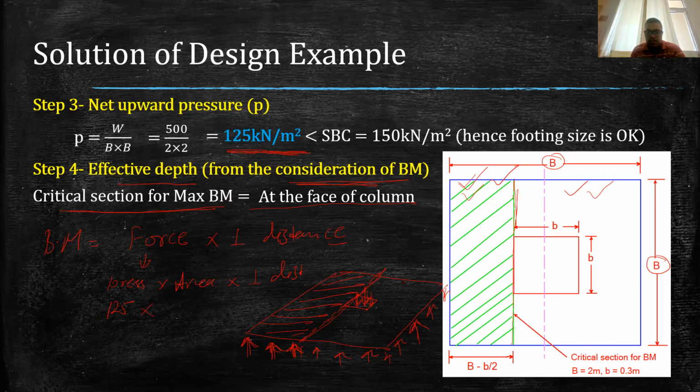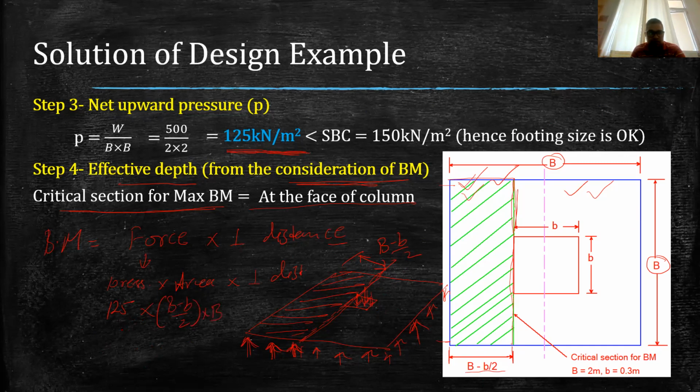And what is the area? Area is the area under consideration. So area under consideration is only along the LHS. So in the LHS, what is this area? So first we have to find out width of this area. So width of this area can be B minus small b by 2, multiplied by this side. So ultimately area becomes (B minus b by 2) into B.